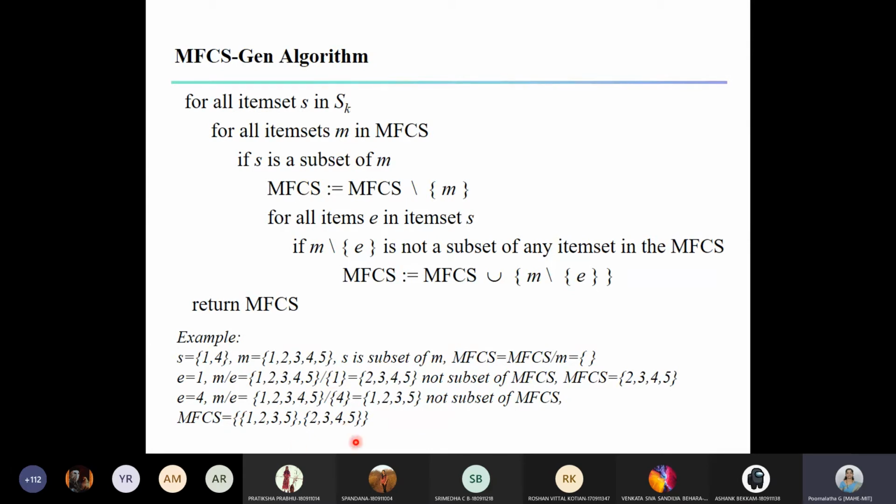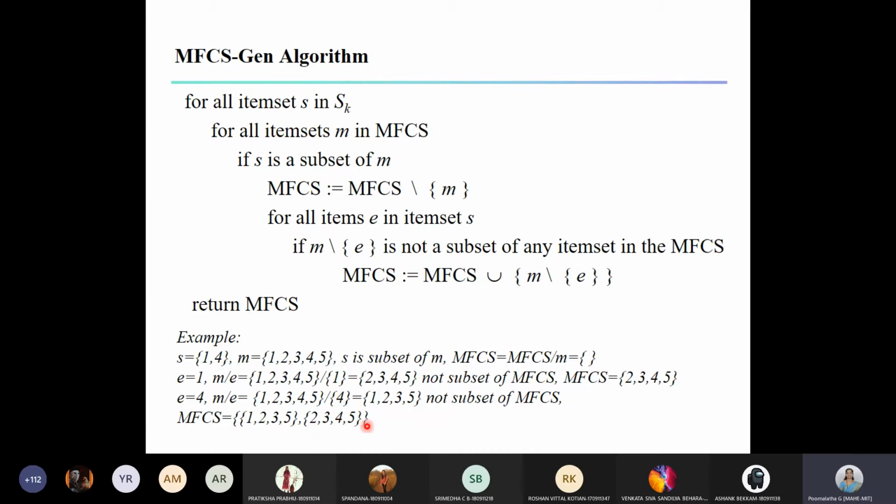So you can see now we are coming from our top down approach. In the top down we had 1, 2, 3, 4, 5. Since this was not frequent, in the top down next step we are supposed to generate all its subsets of size 4, isn't it? So now we can see we are able to generate 2 subsets of size 4 from this.